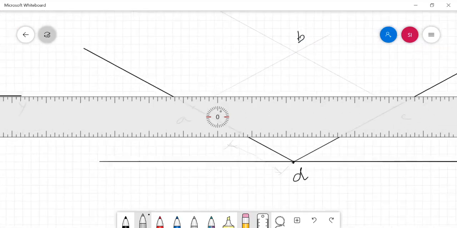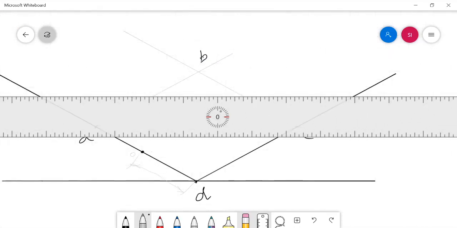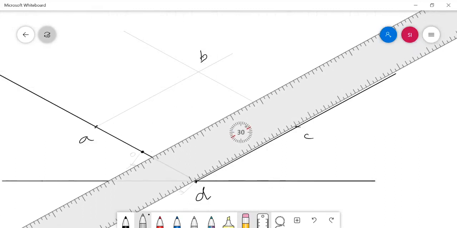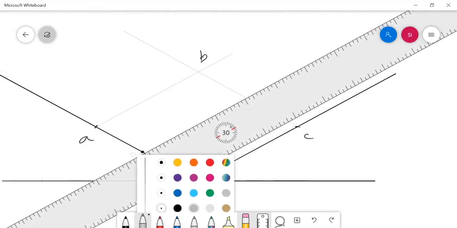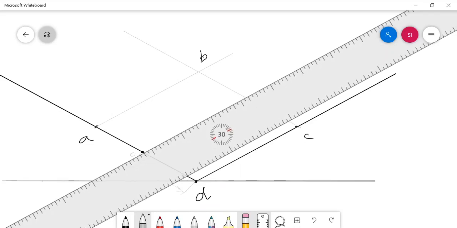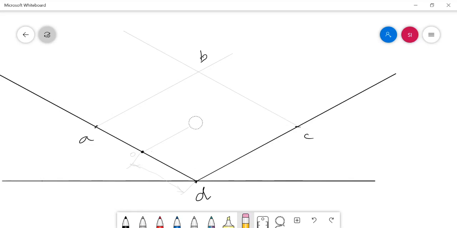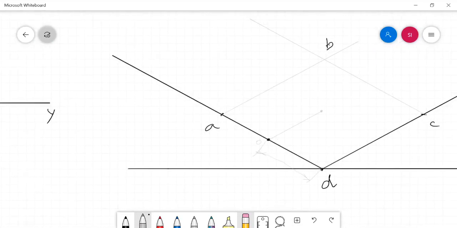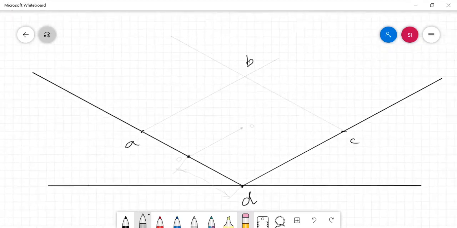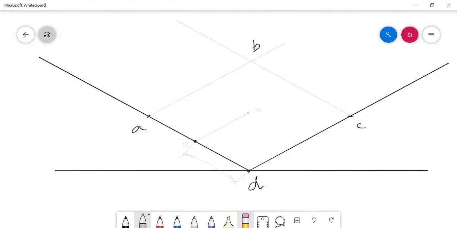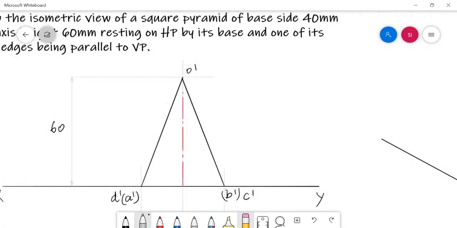So in the same way, in the isometric view also, make your drafter parallel to DC and move the point O towards the inner side with the same distance and mark it here, on the ground. Now I located the point O on the ground, but actually the point O is not on the ground. It's at a height of 60 mm above the base.